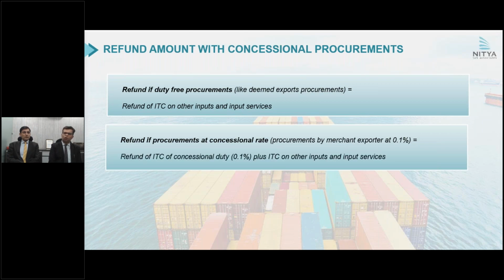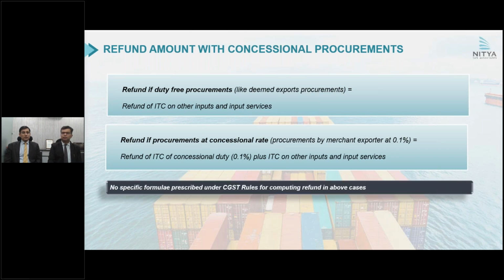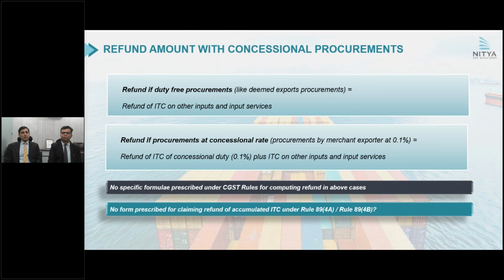to claim. The law only states that concessional duty paid plus ITC on other inputs and input services you can claim as refund. So in absence of this formula, an exporter who has both exports without concessional rate procurements and exports with concessional rate procurements is in effect stuck. Lastly, and more surprisingly, there is no specific form by which this exporter can claim this benefit. So the problem is that once an exporter files refund under Rule 89(4)A